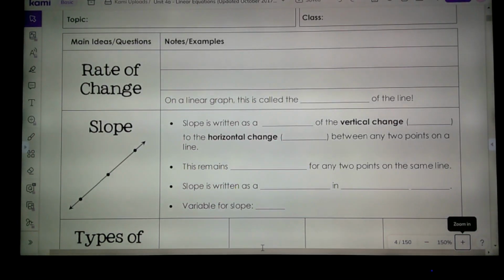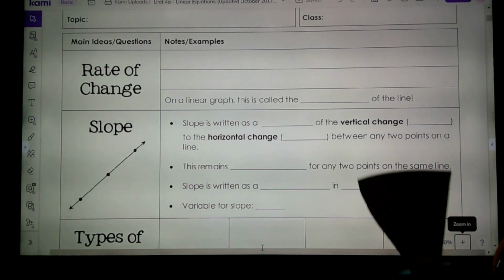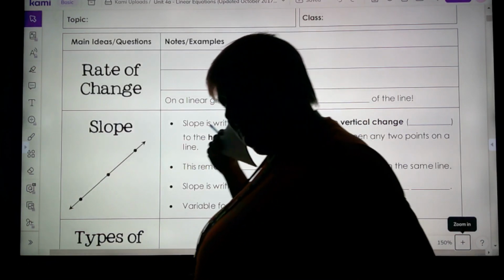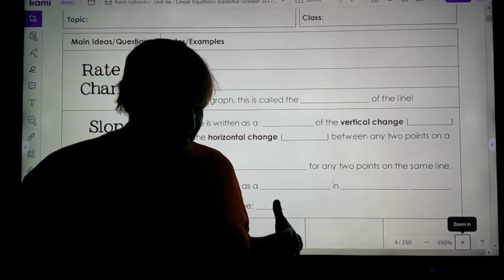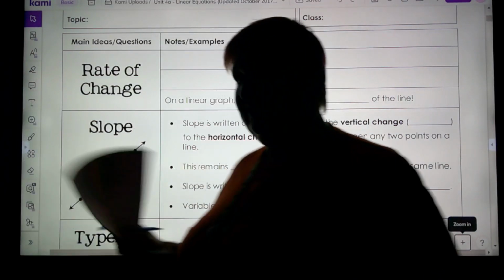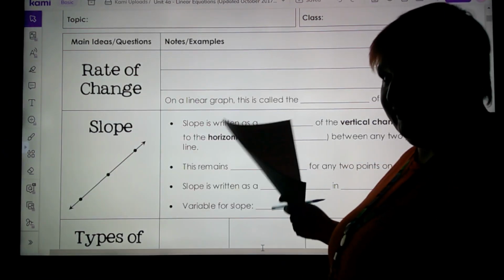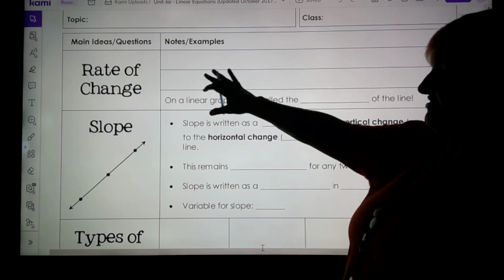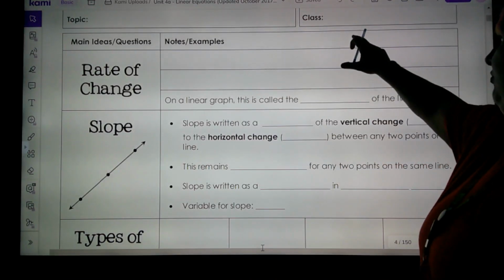Welcome to Unit 4. We're looking at linear equations, which are equations that can be used to graph a line. Get it? Line, linear, linear equations. Alright, so the first thing we're going to look at in 4.1